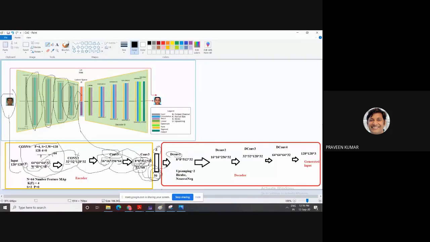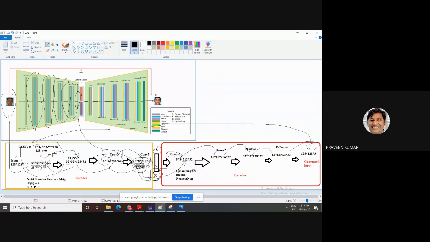So this concept is known as deconvolution. This one is our input in the decoder. This 50 we can convert into 8 cross 8 into 512 with the help of deconvolution. The algorithm used is upsampling or bicubic. Upsampling has a factor of 2. Then this 8 cross 8 size goes to 16, again upsampling. Then again go for a second upsampling concept, then deconvolution. Then third 64. Then again we generate our output. Then this one is our input image.